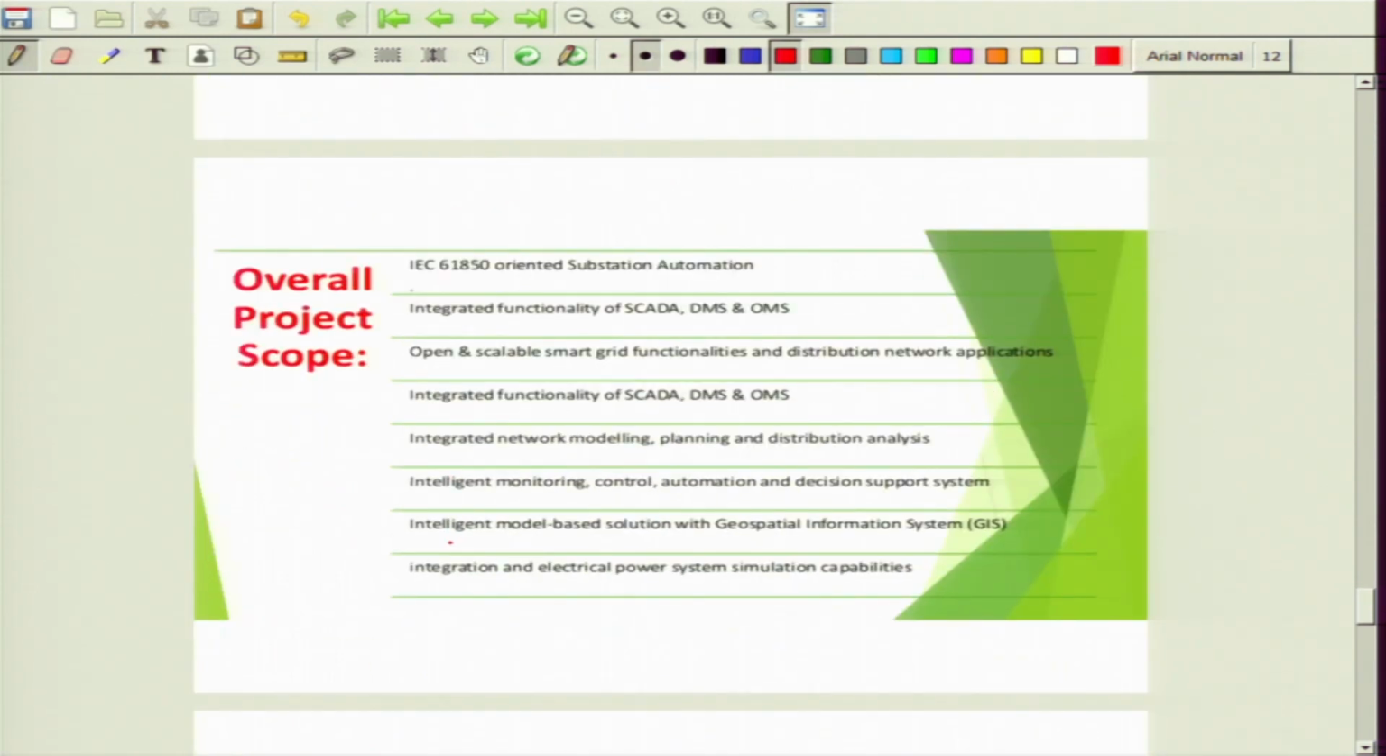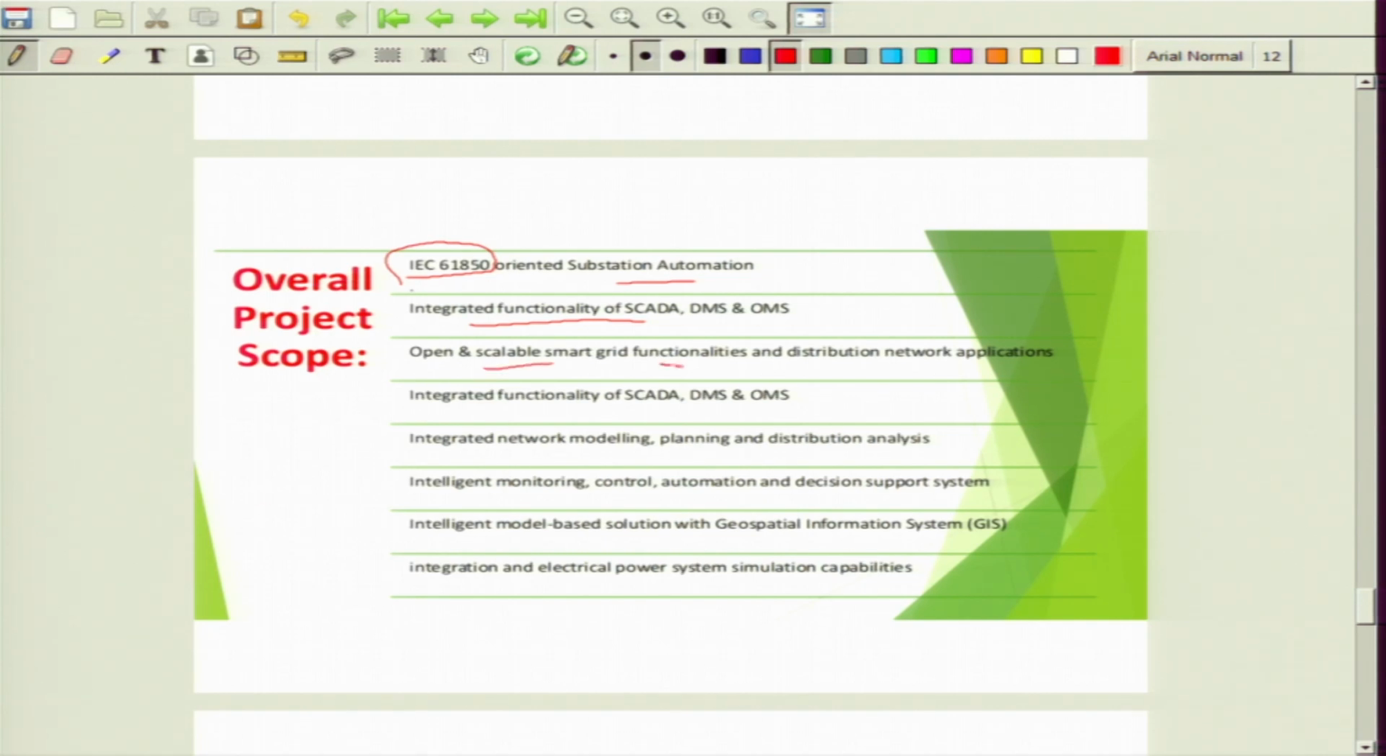Overall project scope here is usage of IEC 61850 protocol. We have discussed the significance of IEC 61850, which will help to improve interoperability. It can combine different devices manufactured by different manufacturers. So, it is an easy way of communication used across the industries, especially for SCADA automation. So, IEC 61850 oriented substation automation, integrated functionality of SCADA, distribution management system and outage management system,